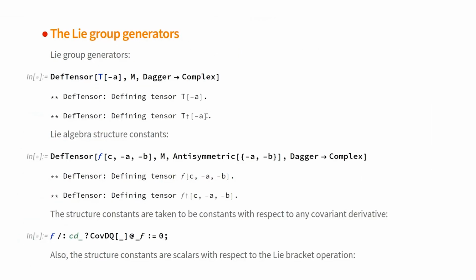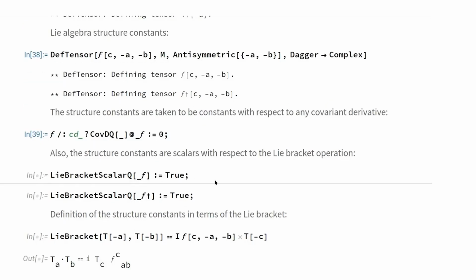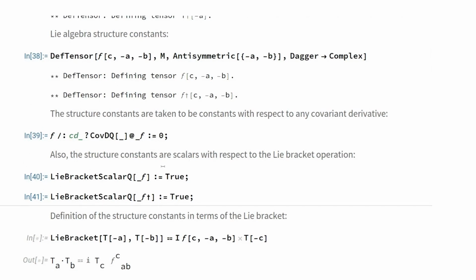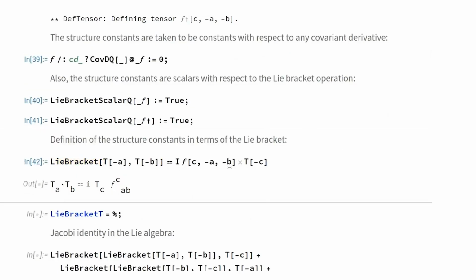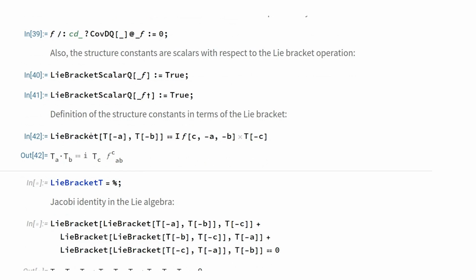Now I define the Lie algebra structure constants, which are constants with respect to any covariant derivative, and of course scalars with respect to the Lie bracket product. And I can write down the standard commutation relation of the